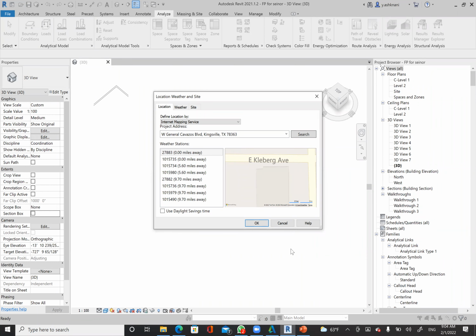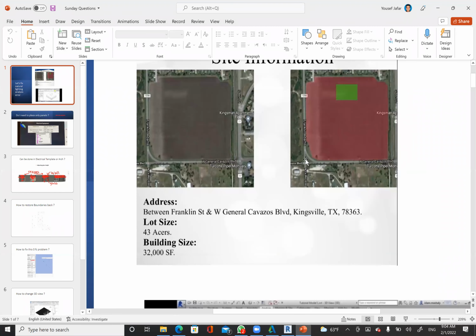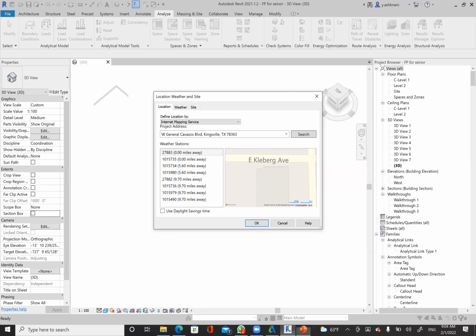E. Clayburg Avenue. This is not E. Clayburg Avenue, right? Here you have Kingsville Adam. In between, Kingsville Apartment 5th, Franklin Adam. Franklin Adam, going like this. This and this once again. Seems to be like this one, but